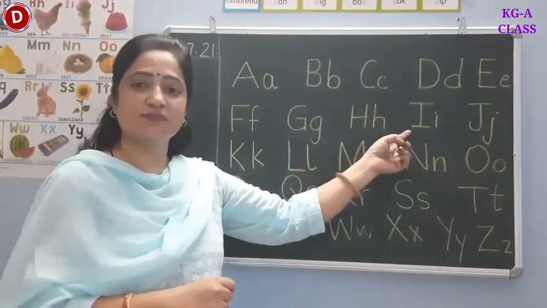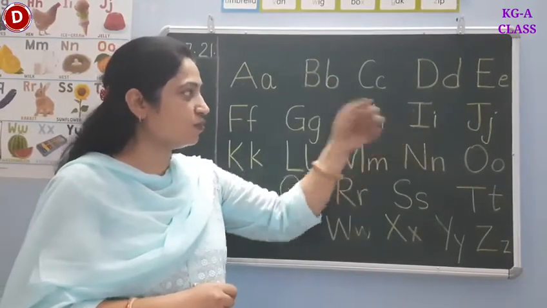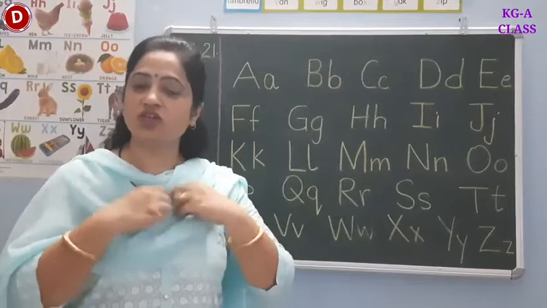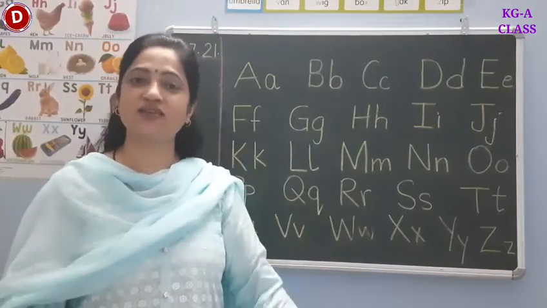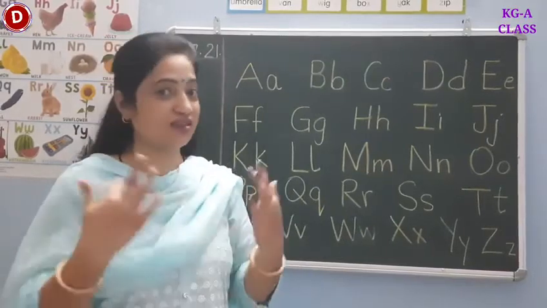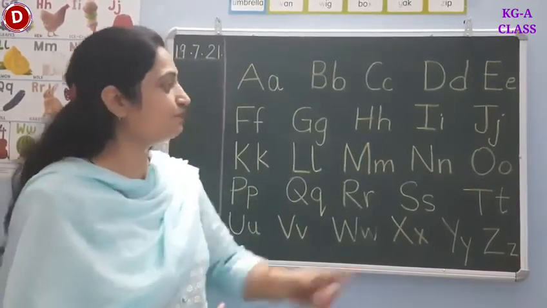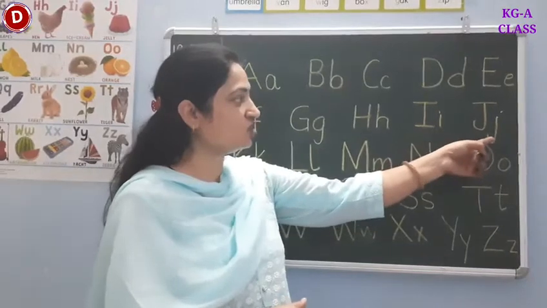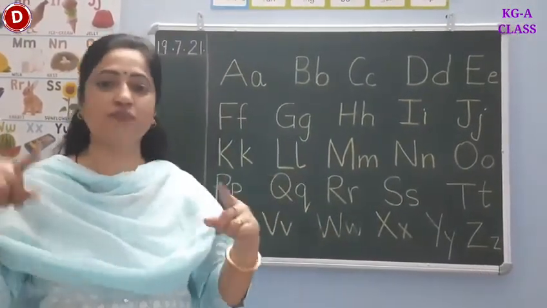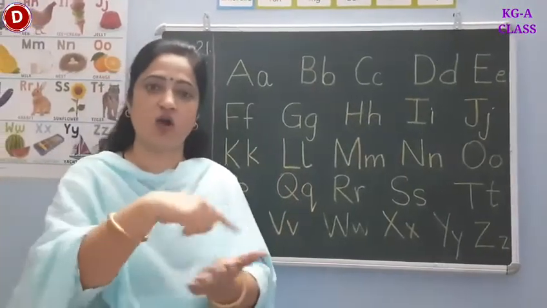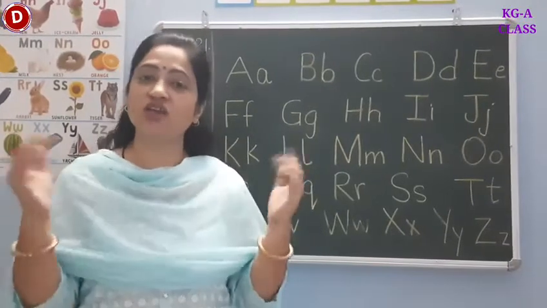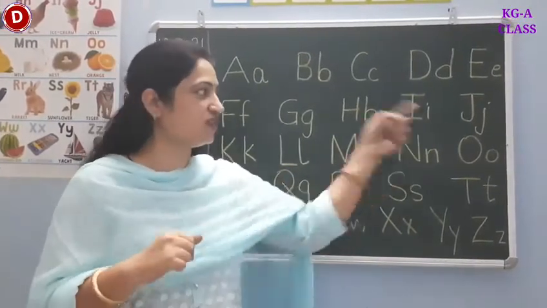I says ih. This is capital I and this is small i. I says ih. Inky the mouse is my pet. She spilled the ink and got wet. The ink is all over the desk. Inky is wet. So I says ih. Now comes J. This is capital J and this is small j. Jelly and jam, jiggling on the plate. Oh, what will I eat with it? J. So J says j.